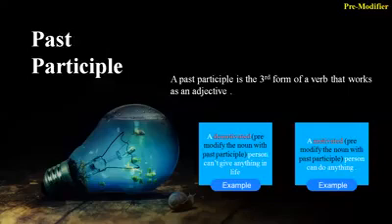Third one, past participle as a pre-modifier. A past participle is the third form of a verb that works as an adjective. Example: a demotivated person can't give anything in life. Here, person is a noun and there is a gap before the noun person. Pre-modify the noun with a past participle. I write here: a demotivated person or a motivated person can do anything.